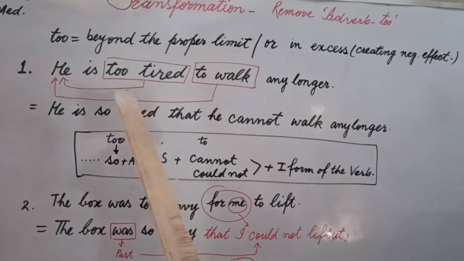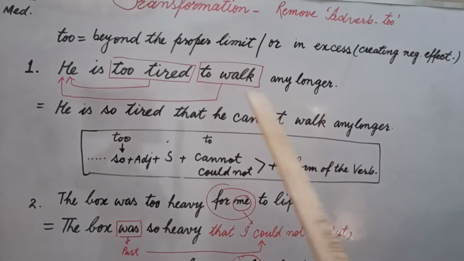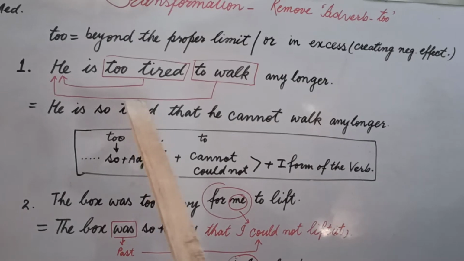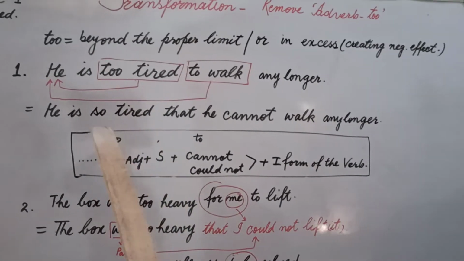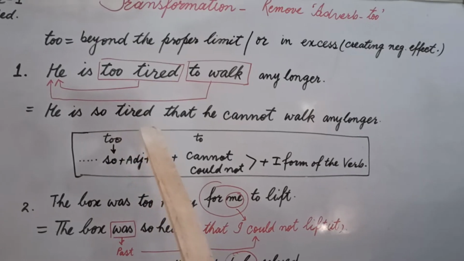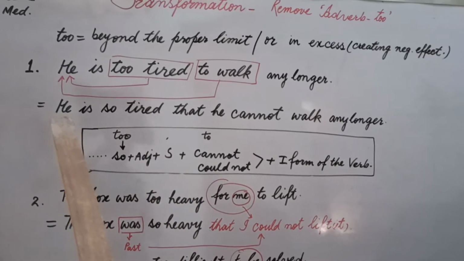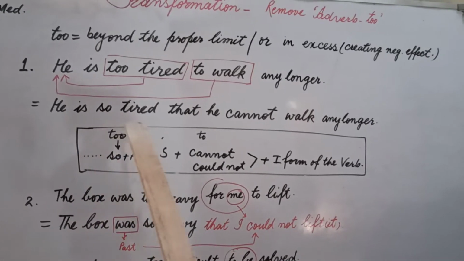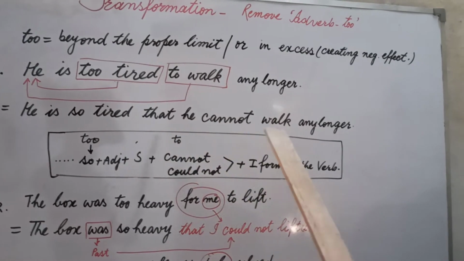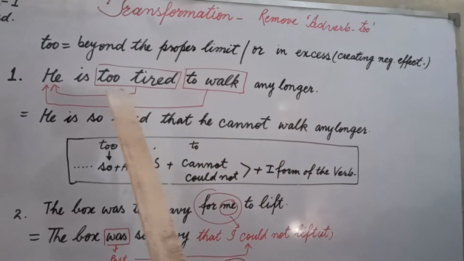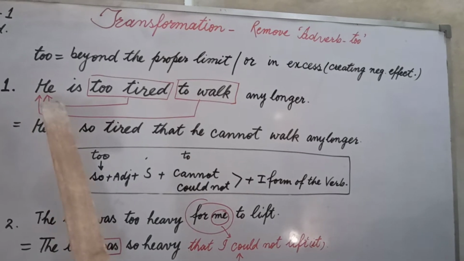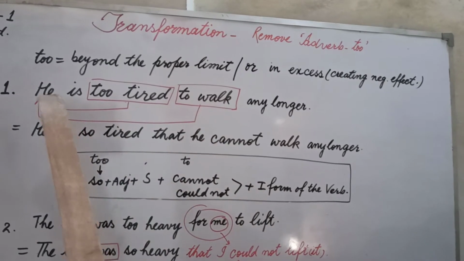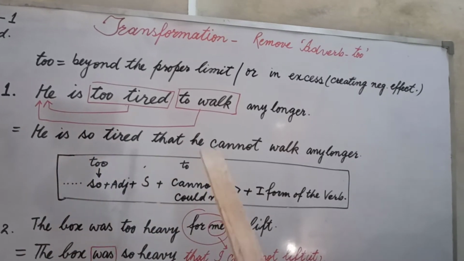Now our sentence is, he is too tired to walk any longer. I am going to transform this sentence into a clause. Generally, when we transform or remove "too", the sentence takes the form of a complex sentence. Now the solution of this sentence is in a complex sentence. Let's see. He is so tired that he cannot walk any longer. What happens here? Too tired. There are two things about he: too tired and walk. These two things are done by he. So we will repeat this subject two times.